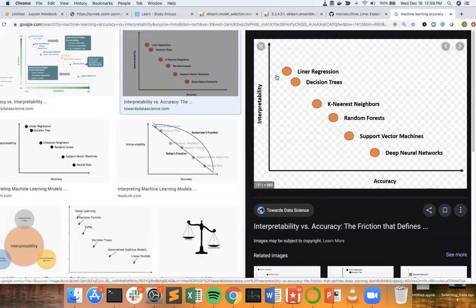So I kind of like referencing this. Interpretability versus accuracy. So we see that with support vector machines, you can get pretty good performance, but it's not very interpretable. I found in my past experience, I would almost say with random forests I can usually get pretty similar accuracy to what I can get with support vector machines, but with a little bit added interpretability. I'm obviously a little bit more biased toward this side because accuracy is great, but